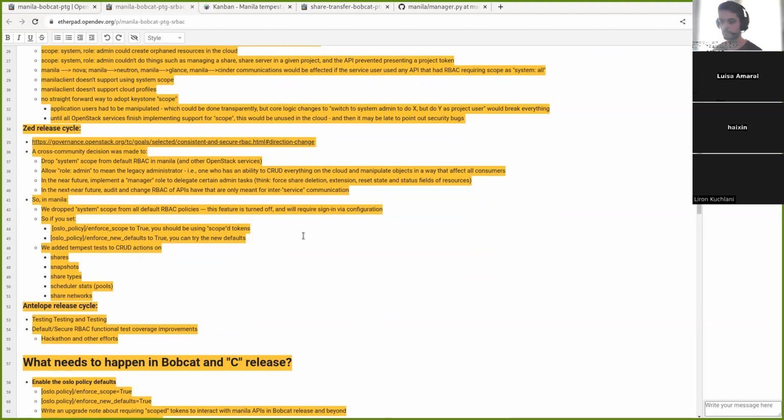That was the theme of the release. It was to add as many secure RBAC functional tests as possible. All of these functional tests are in the Tempest plugin, and they cover the default RBAC as it should be when you switch on those Oslo policy config options. There are two options you would set on Manila: Oslo policy enforce scope and enforce new defaults. If you set them to true, then we would stop using the deprecated rules, and we would require the use of